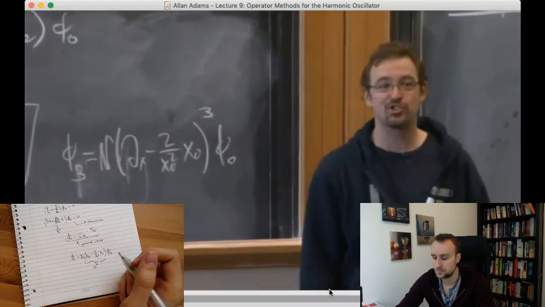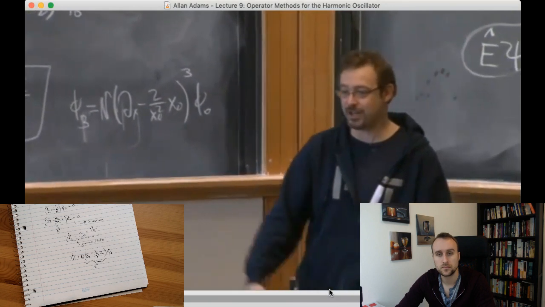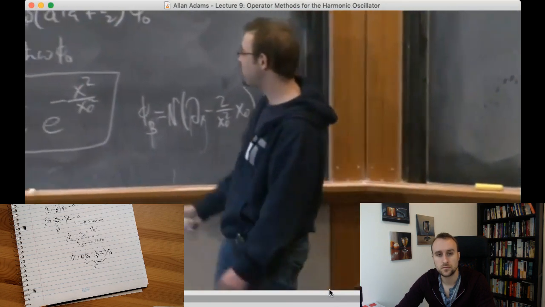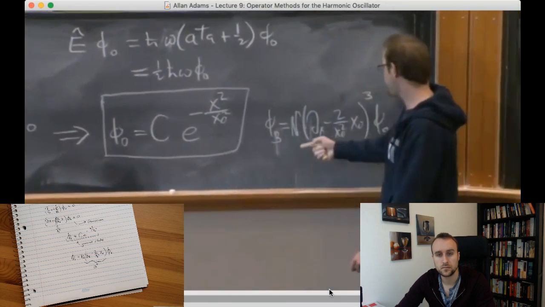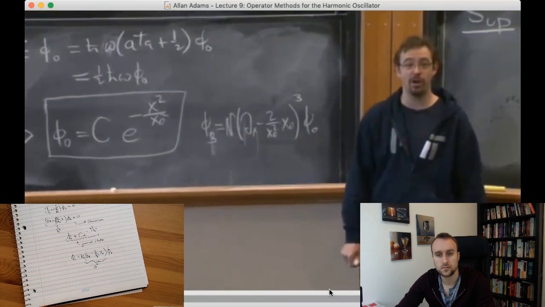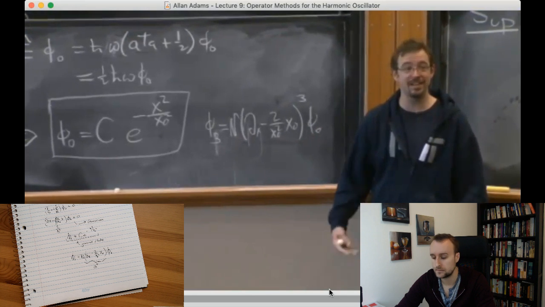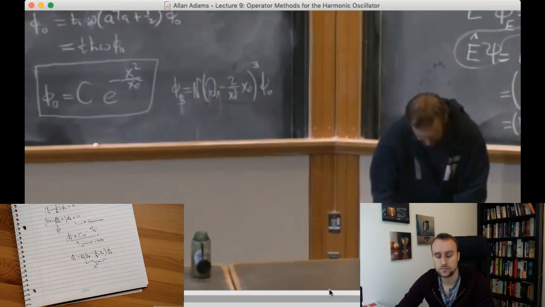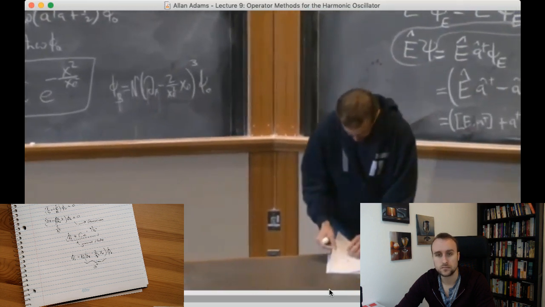This is actually an extremely efficient way. It's related to something called the generating function. Extremely efficient way to write down the Hermite polynomials. They're the things that you get by acting on this with this operator as many times as you want. That is a nice formal definition of the Hermite polynomials. The upshot of all of this is the following. The upshot of all this is that we've derived